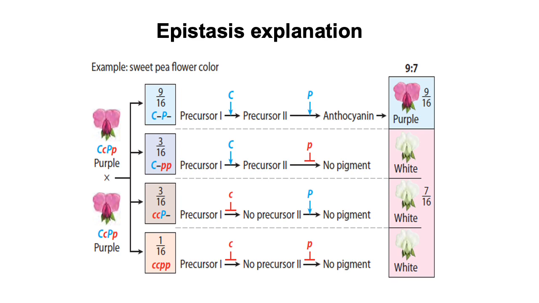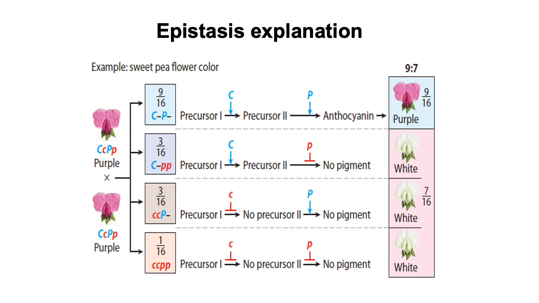So if we have a dominant allele at C, yes, we can convert precursor 1 to precursor 2, but if we don't have functional P, there's no way to get purple pigment. And so that would result in white. And then the converse of that is in the next row where we can't convert precursor 1 to 2, right? If we can't do that, then we certainly still can't get purple pigment. And at the very bottom, if we don't have either one of the enzymes fully functional, then we certainly cannot produce purple pigment. So this is sort of an explanation of why we see the inheritance patterns that we do,